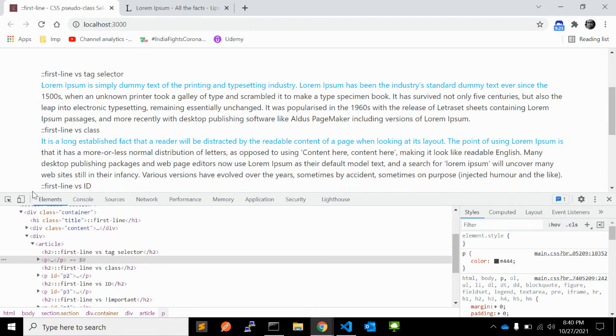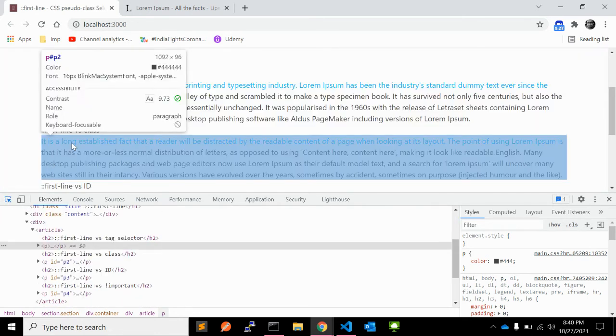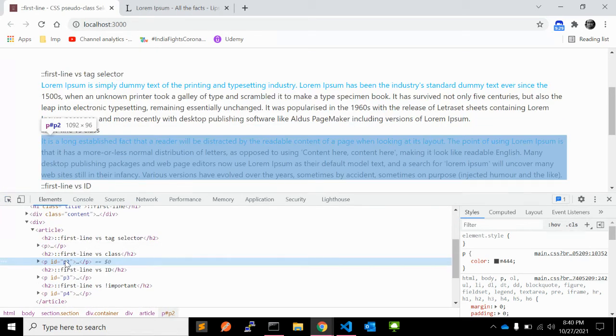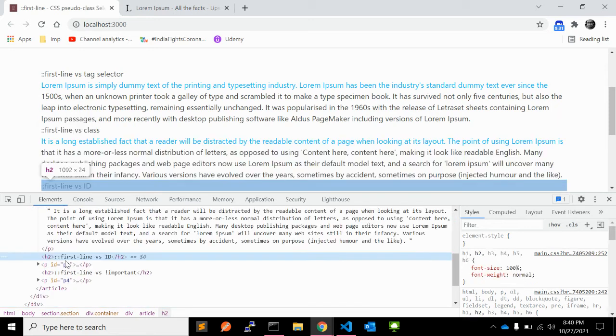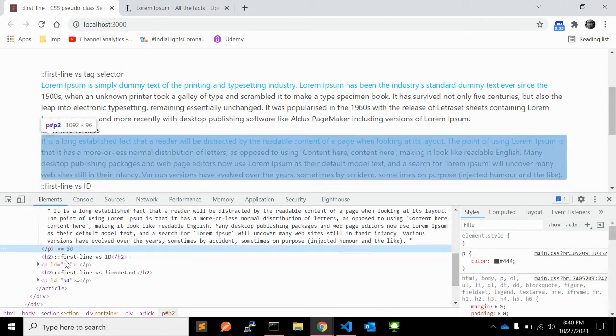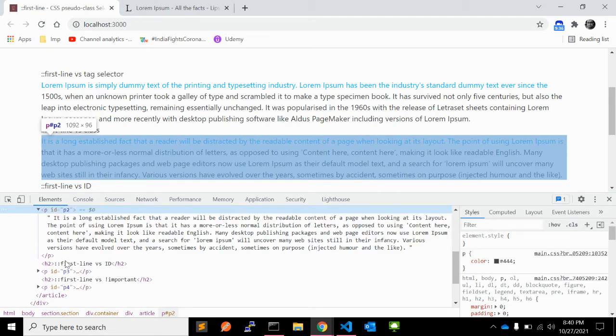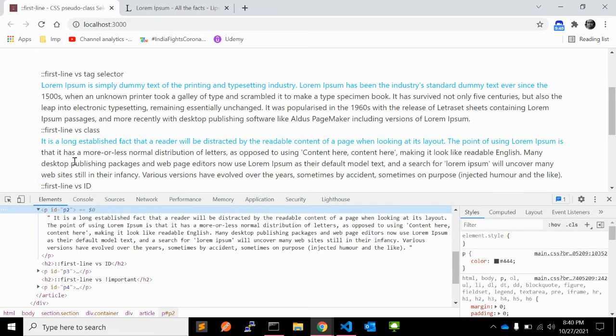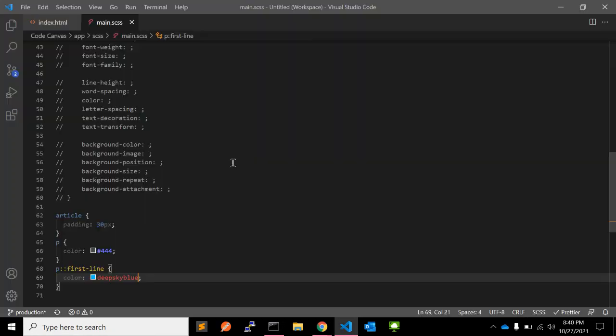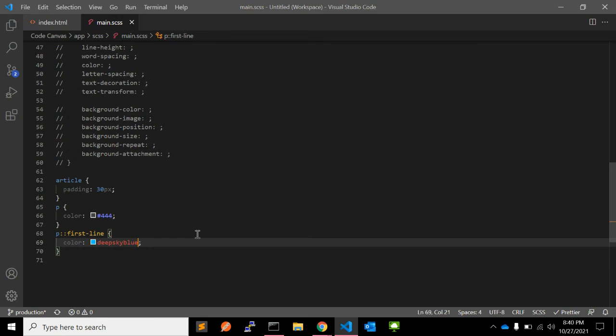As you can see, on all paragraphs, the first line is selected with this pseudo element, and the CSS is applied on the first line only. The second line starts from this text, so it won't get selected. So this is an example of the pseudo first line.